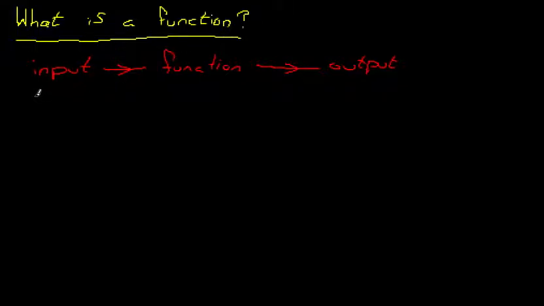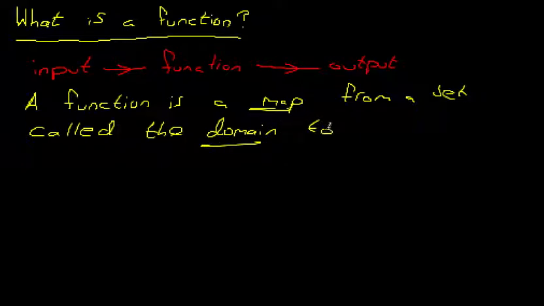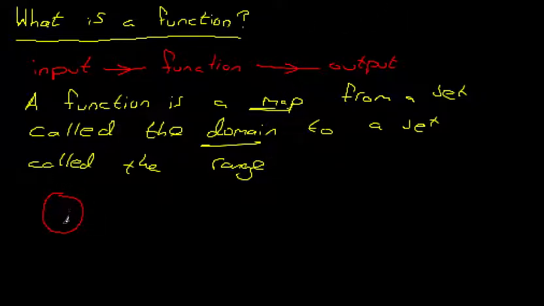So maybe to be more concrete, not completely formal, we're going to describe a function as this. A function is a map from a set called the domain to a set called the range. A set is just a collection of numbers, a collection of objects. So a good picture to have in mind is you have this as your domain,